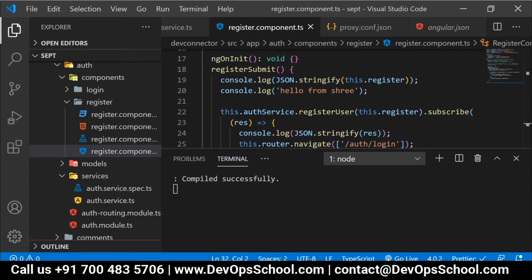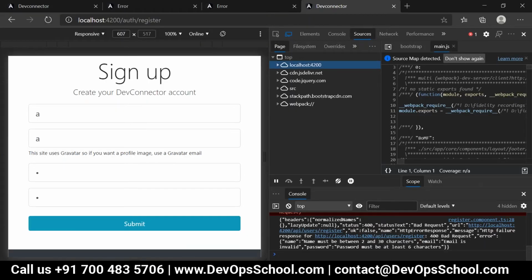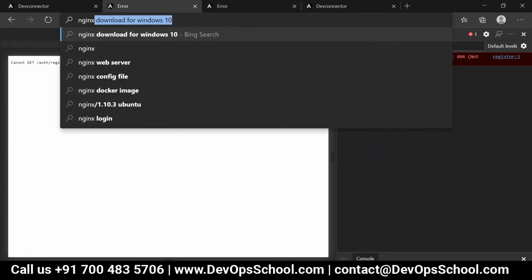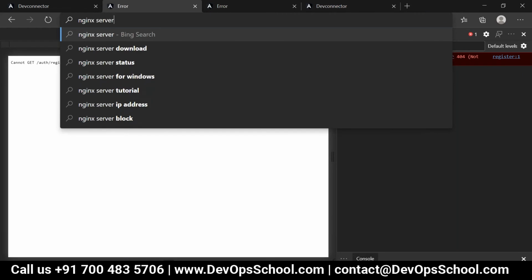It is like your IIS server, and it is preferred for Angular or React based applications for deployment purposes.